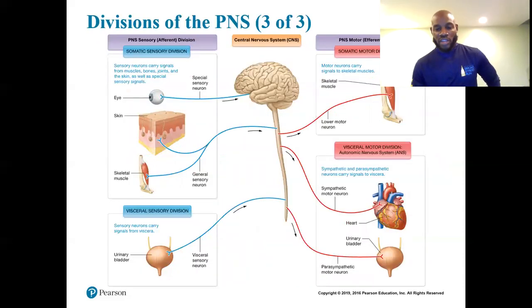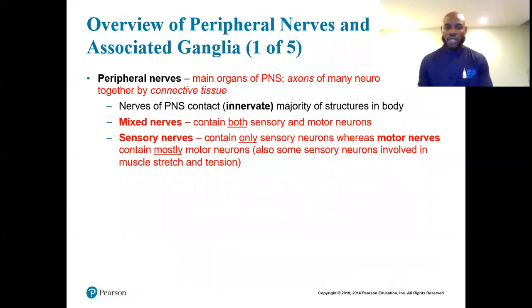This is a nice diagram, just putting all those together. You should look at that when you print out these slides or when you're looking at them on your computer. These are just different ways we break down the peripheral nervous system. We have peripheral afferent, which is somatic and visceral. Then we have peripheral efferent, your motor, which is somatic and visceral. And then the visceral motor, we break down into sympathetic and parasympathetic. So many different divisions at play, just how we divide up the nervous system.